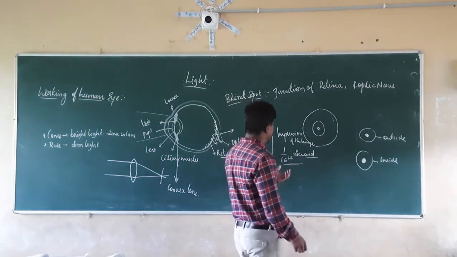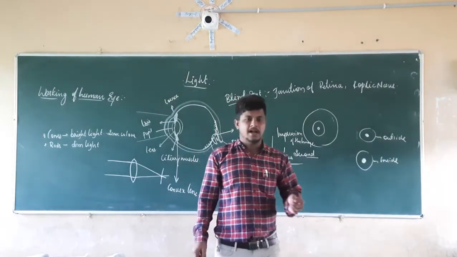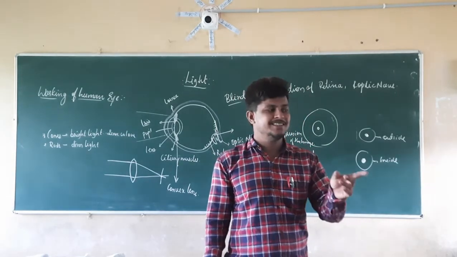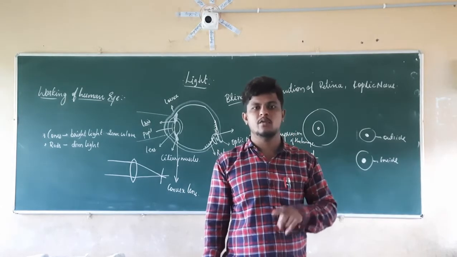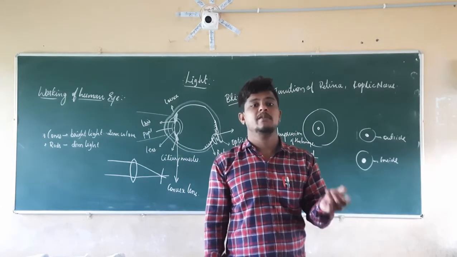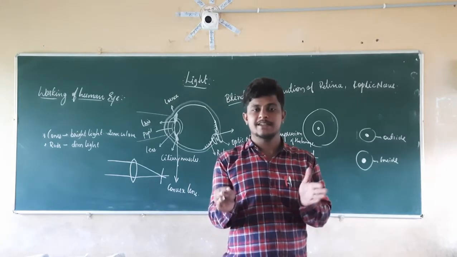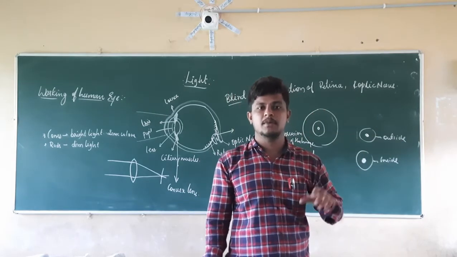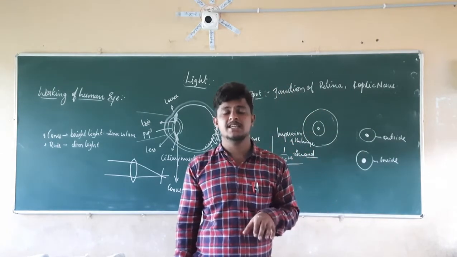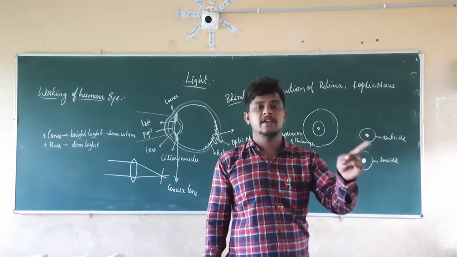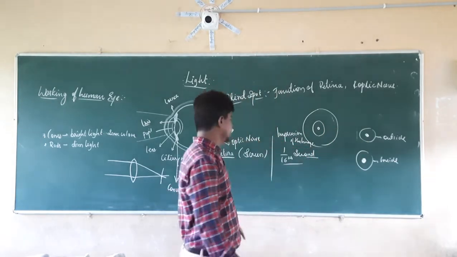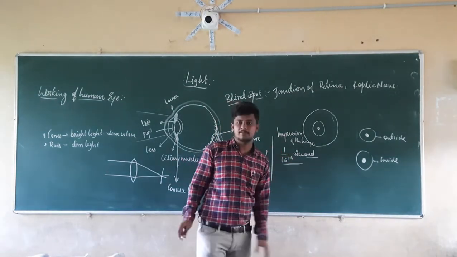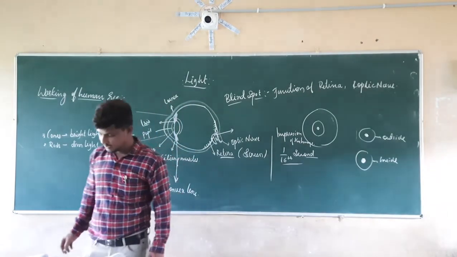So what does that mean? 1 divided by 16 seconds means that to store one image it takes 1 divided by 16 second, so in 1 second it is going to store 16 images. It is not possible for us to see all those images, but what we can take here is that the eye stores the image for 1 divided by 16 second. So this is the impression that can be held by the human eye, up to 1 divided by 16 seconds.